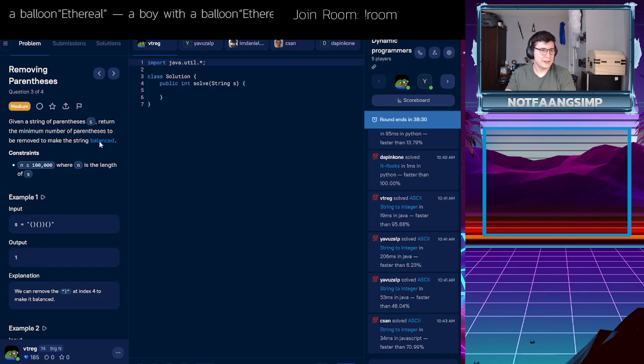Okay, so given a string of parentheses s, return the minimum number of parentheses to remove to make the string